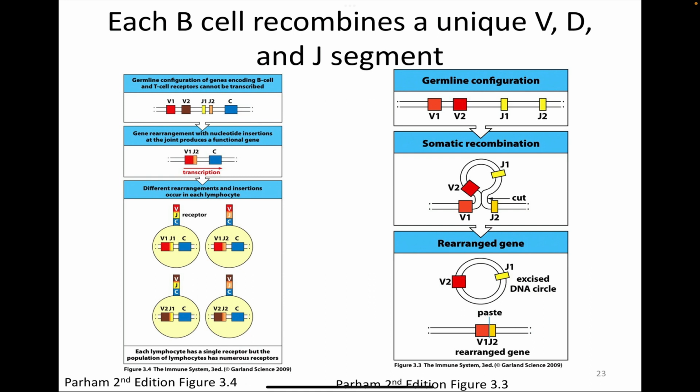This one's only showing it with 4 combos. So this is my chicken, carrots, beef, and broccoli example. But notice once I got past 4 and started adding new things, the numbers went up greatly in terms of combos. It was just easier to draw with 4. So here you can see there are 2 mini gene segments called V1 and V2. And imagine the cell has to pick a V. It could be pick V1 or V2. And it's got a couple options for J1 and J2. And the cell will actually choose two of them